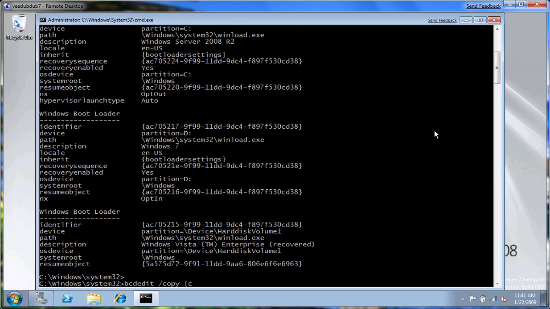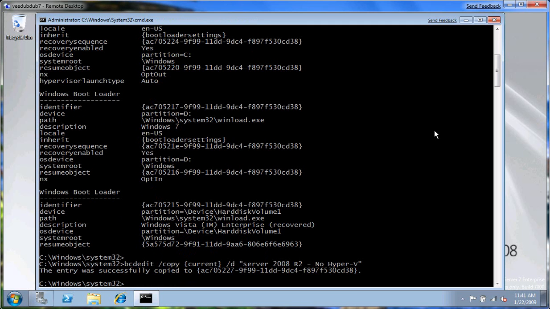All we need to do is copy the current configuration into something that we will give a name like Server 2008 R2, no Hyper-V. bcdedit will return giving us a new GUID for the new configuration, and we'll add a switch to the new